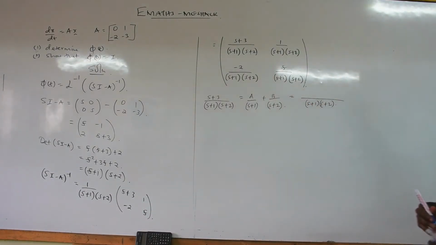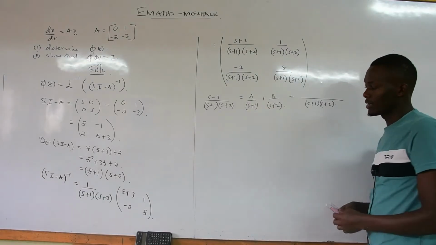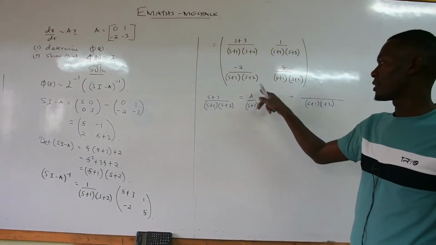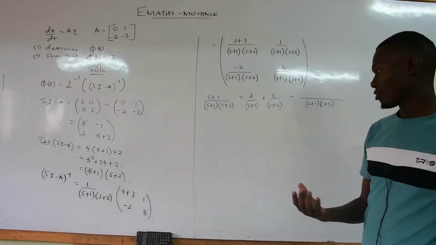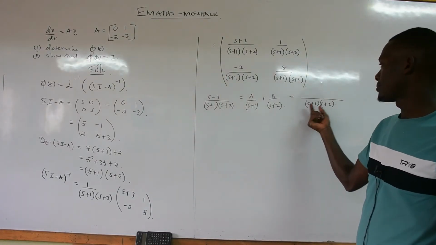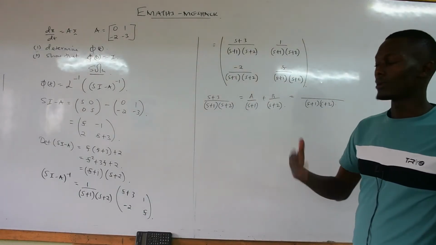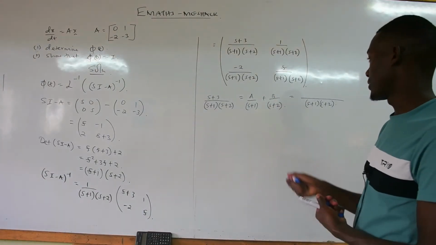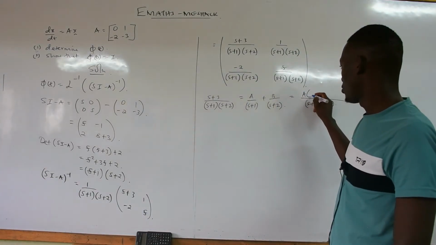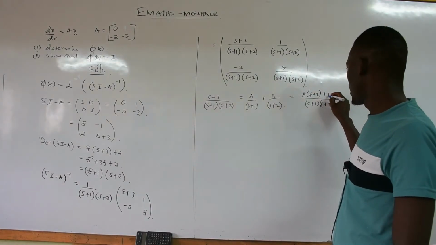That is the denominator, that is the LCM, because they are not the same. And since they are not the same, this term multiplies this part, so you remain with s plus 2 times a. To make it easier, this part multiplies that, because they are not the same at the end of the day. So we have a times s plus 2, then plus b